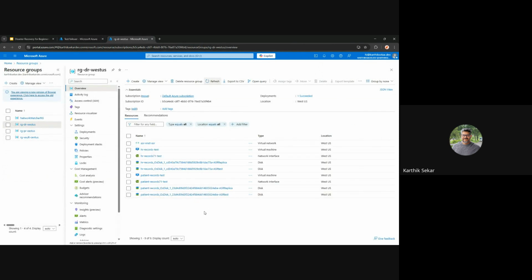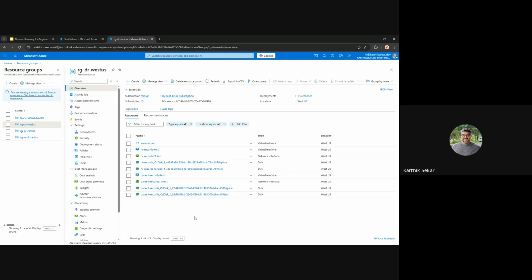So as you can see here, there is no NSG or other components, other services. We need to create them. So that's why I said in the first place that we need to keep the DR resource group up to date, same as the production resource group, so that when something happens, we just trigger the failover and just map it to the virtual machine. It will start to run.